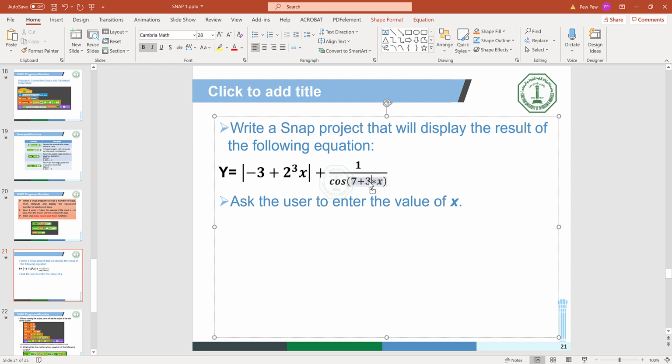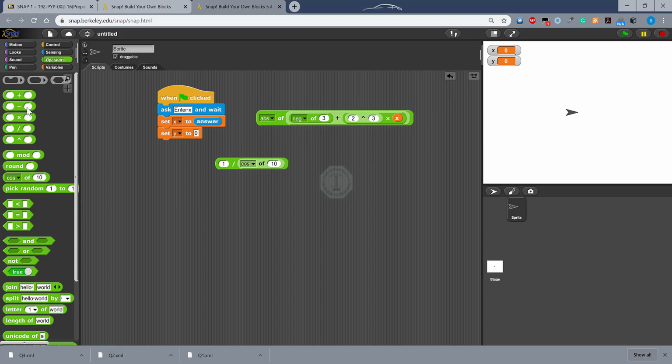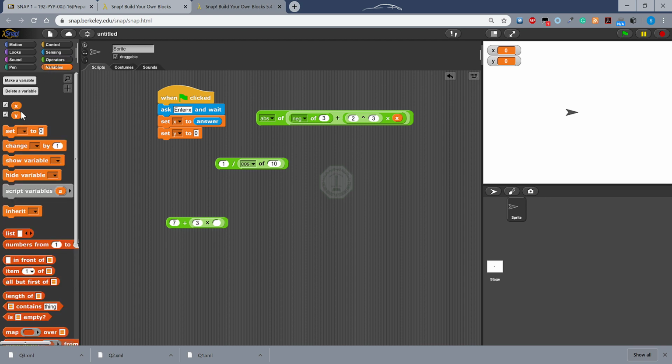That means 3x should be done first, then added to 7. So multiplication should be inside the addition, so multiplication will be done first. So 7 plus 3 multiplied by the variable x, and the whole equation I will put here like this,